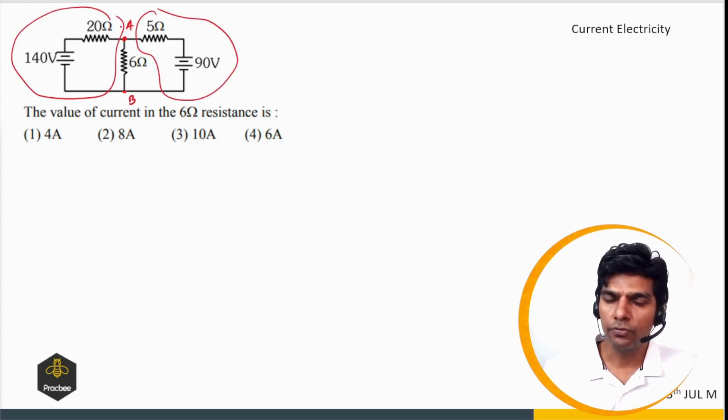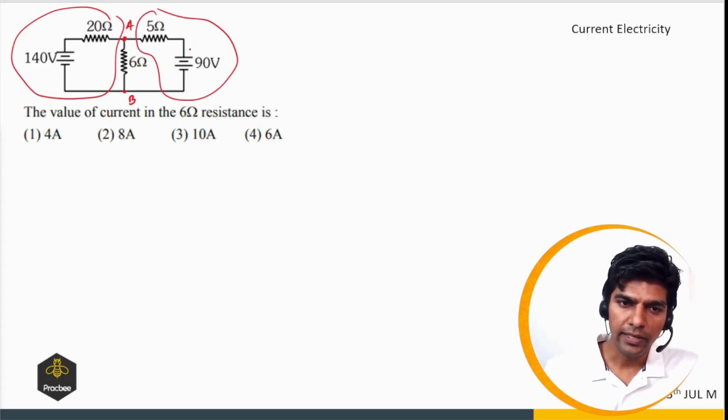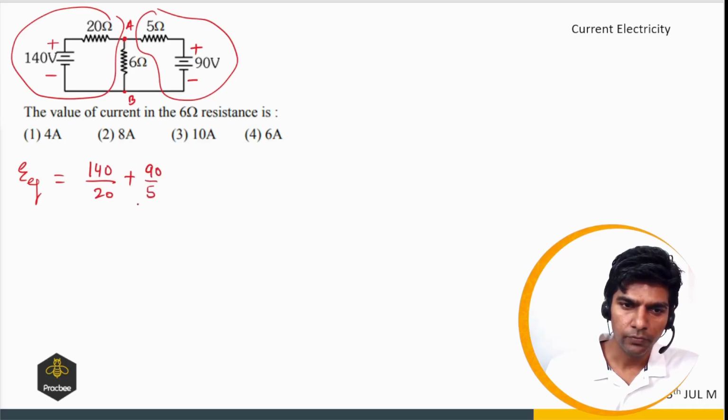Now here we can use the E equivalent formula for cells in parallel, and they have the same polarity, positive negative, positive negative. So E equivalent will be E1 by R1 plus E2 by R2 divided by 1 by R1 plus 1 by R2. So this will give us 7, this will give us 14,